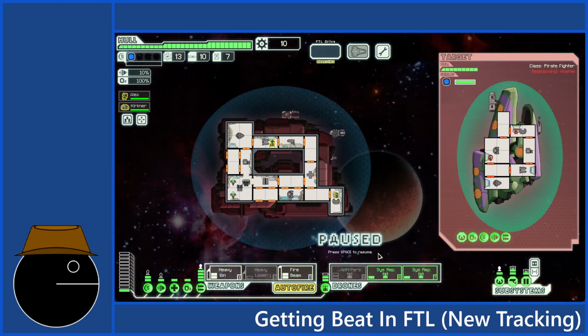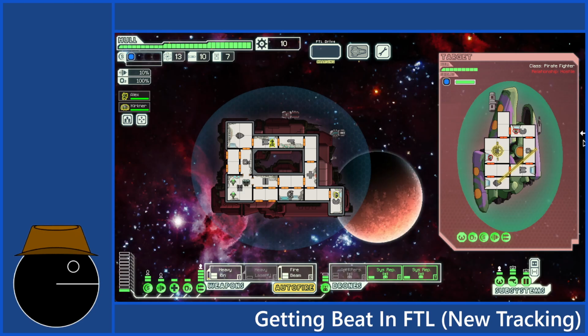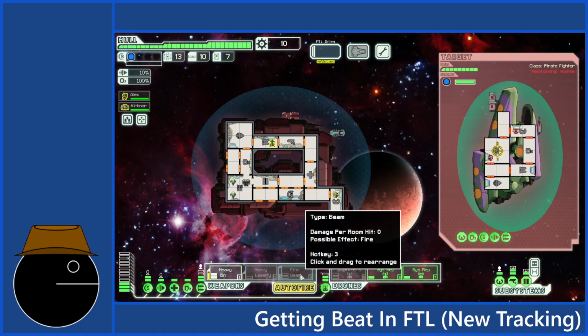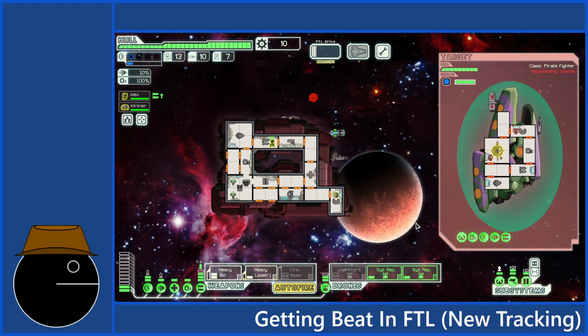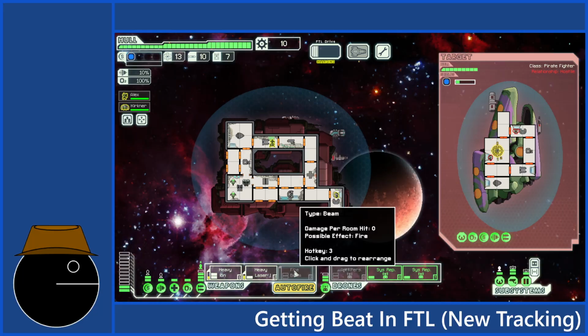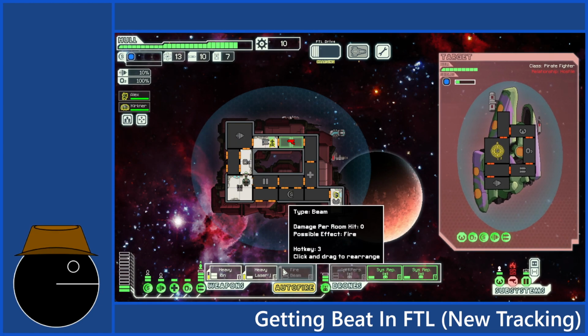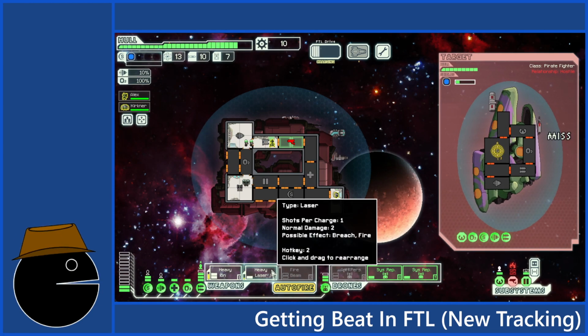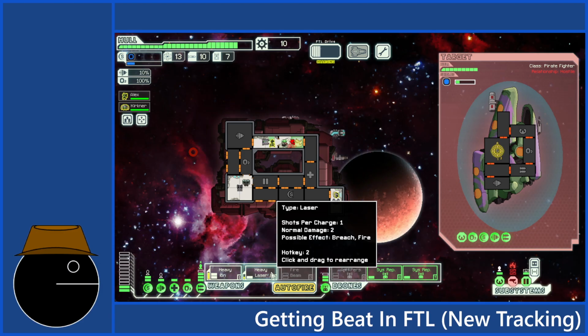And this is another ship in which the first fire beam shot will not work. Well, let's see if I cannot. Oh, I can actually hit it with a laser. First shot. I just realized that. I had somehow forgotten that I had, you know, a laser.